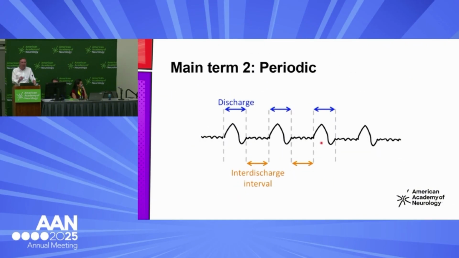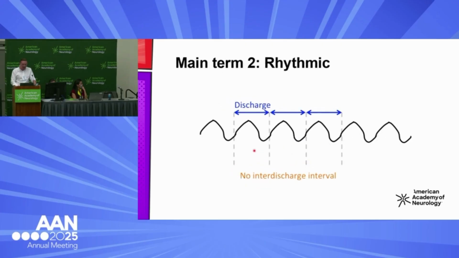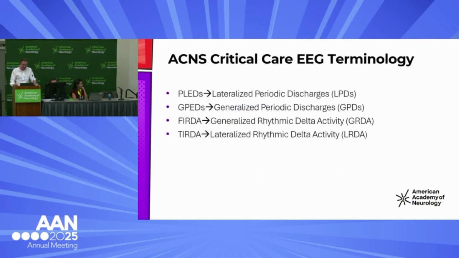What does it mean for something to be periodic? It means you have a discharge, then you have some kind of space, and then you have another discharge, and it's consistently the same inter-discharge interval. Rhythmic just means there's no inter-discharge interval. The pattern is continuous. And there's been different nomenclature for this over the years, but I think it's worthwhile because a lot of this nomenclature is still used, and there's nothing inherently wrong with it,